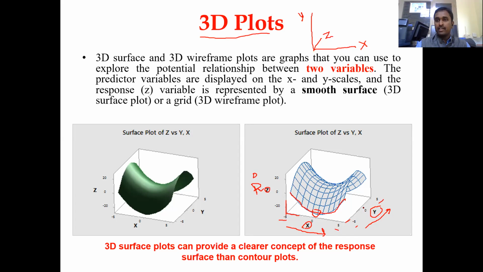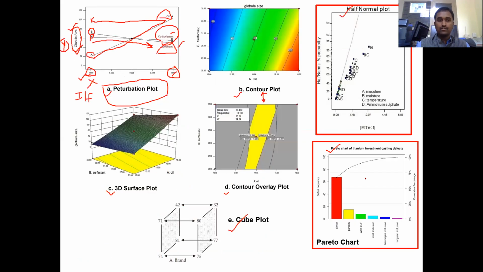Similarly, when you take the y-axis and you're increasing, at the mid-level the particle size is more. But when you're increasing further, the particle size is reducing. It's like a roof. When the roof is flat, you can see the flat roof here. A flat roof doesn't mean that whatever concentration you're increasing, it is not influencing the response.